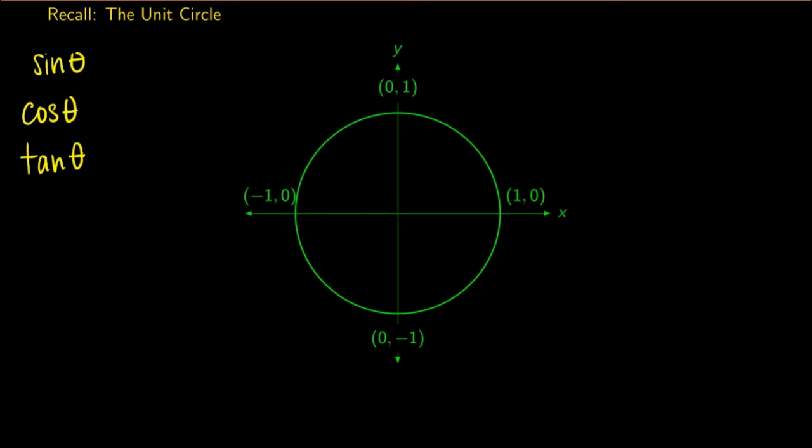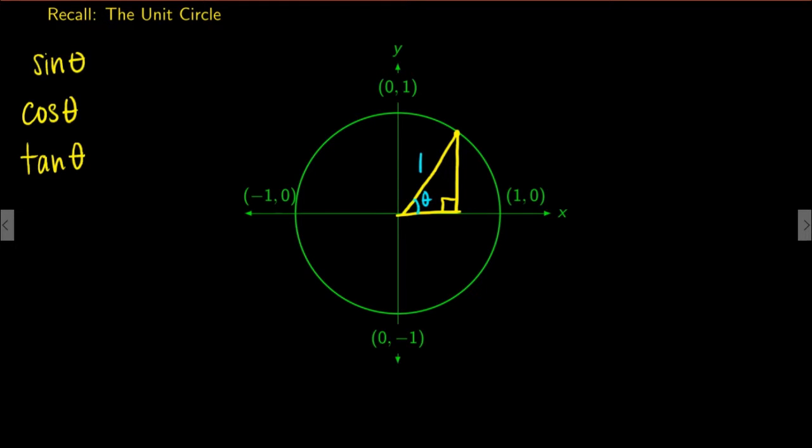Coming back to our unit circle, if I pick a spot on the unit circle, say right here in the first quadrant, I can draw a right triangle by dropping a perpendicular down to the x-axis and connecting my point here to the origin. Here's my right angle. And I'll label this interior angle theta. Okay. And notice the hypotenuse of my right triangle is a radius of my unit circle, which means the length